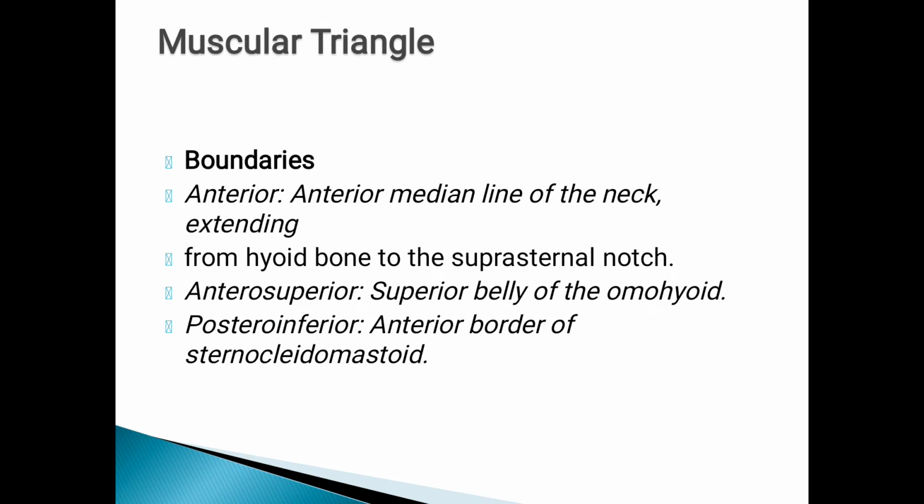Now today in this video I will discuss about the muscular triangle. Okay, so the boundaries of the muscular triangle: anteriorly we have the anterior median line of the neck extending from the hyoid bone to the suprasternal notch. Okay, and anterosuperiorly there is the superior belly of omohyoid, and posteroinferiorly there is the anterior border of sternocleidomastoid muscle. Okay,